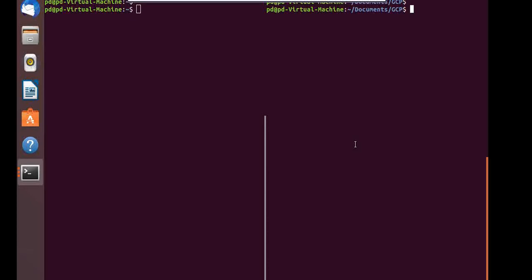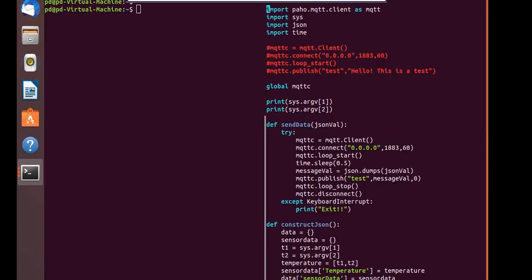First, I will just show the program, and then I will try to explain it. The program is this MQTT Connect, a Python program to which I will pass two arguments.